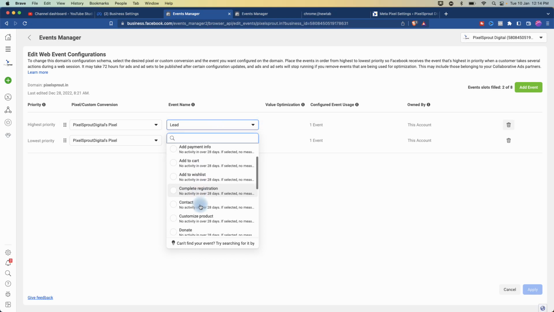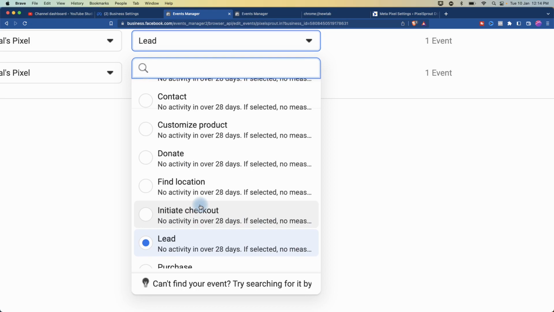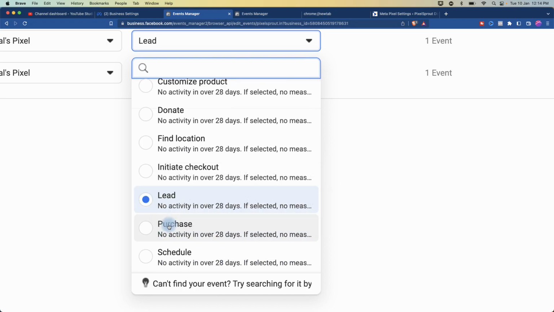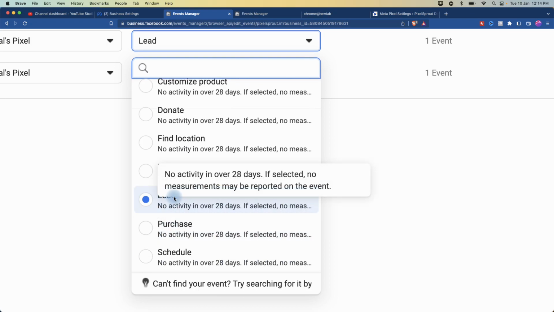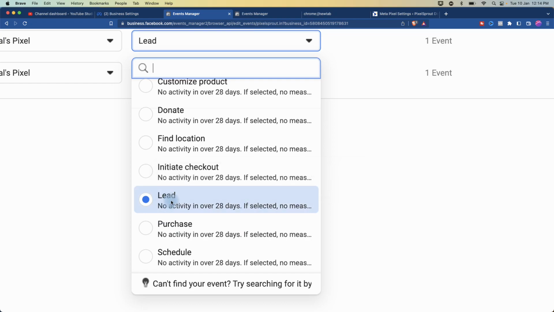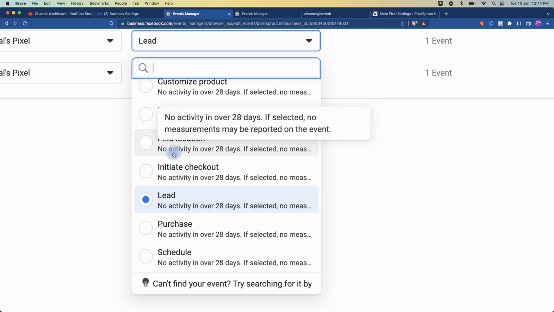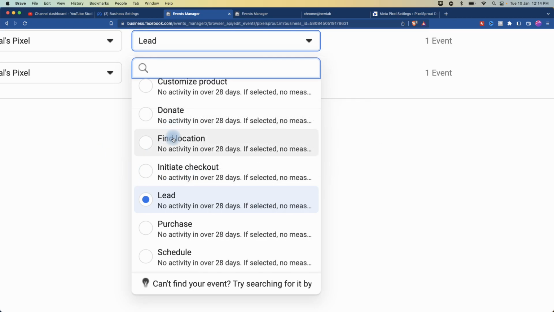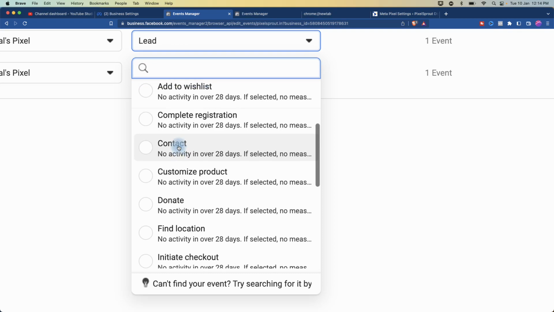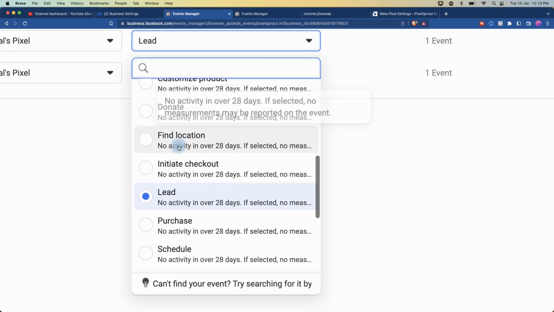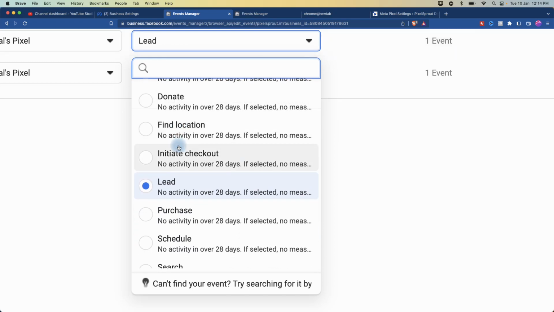Just go down in the list and see exactly what this is. Look at the purchase, you need to be selecting it if it is an e-commerce. Now since we are more or less looking at this one, I'll be looking at it. If it is no activity on 28 days, that means this is basically the local page. If you are asking people to visit, based on your intent, you can go and do that as well. Find locations. Now, हाँ जी, डोमेन वेरीफाइड नहीं है तो ऑप्शन आएगा ही नहीं, ऑप्शन ही